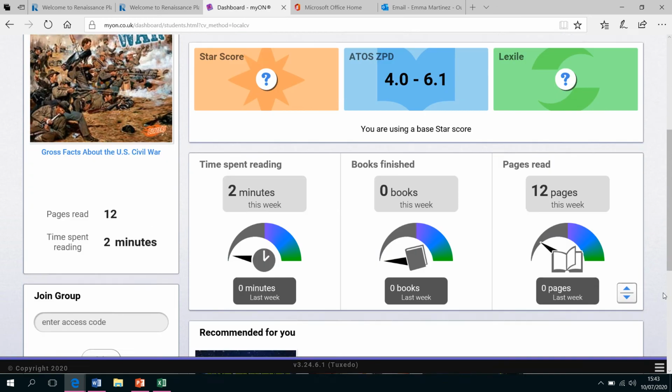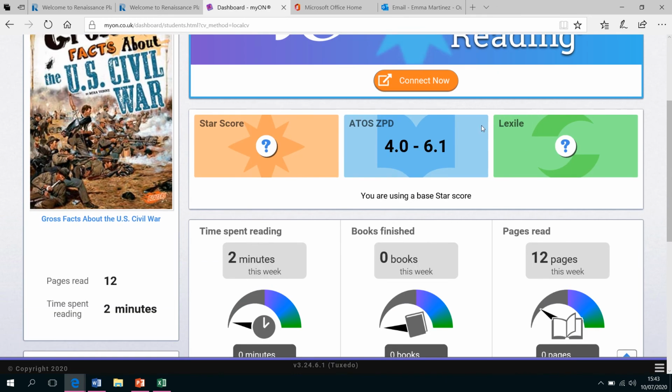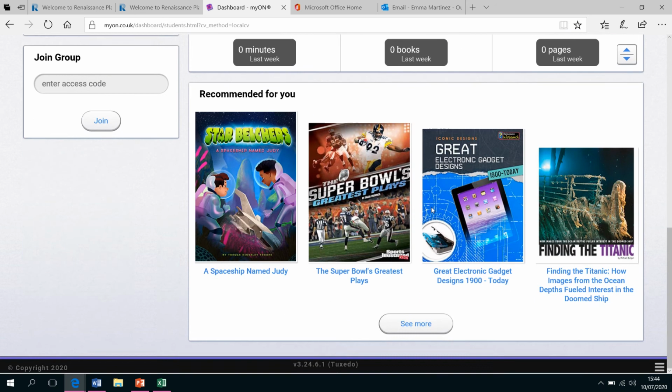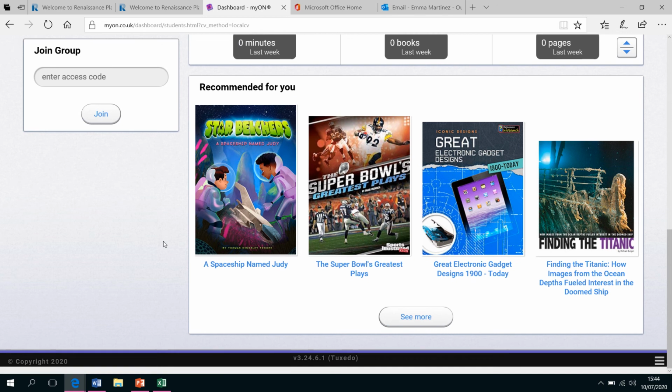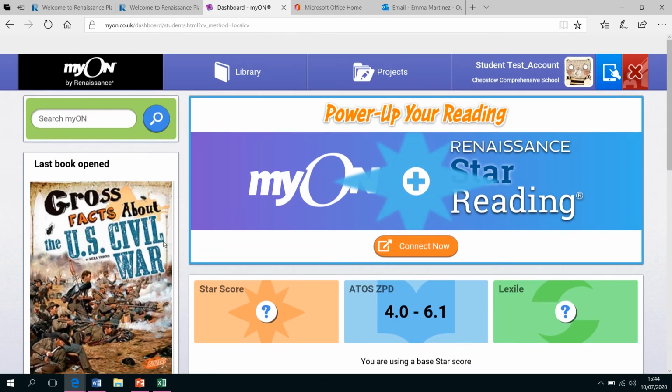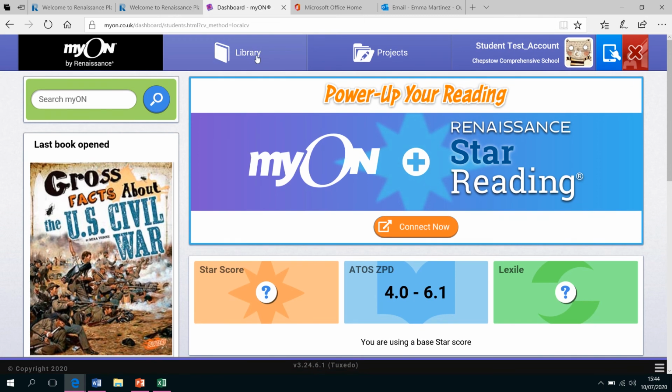I do not want you worrying about anything up here because we'll go through this when you're back in school in September. However, this bit is interesting. This bit shows you how many minutes you've read this week, how many pages you've read, how many books you've finished, and then you've got recommended reads for you based on your interests that you logged when you first logged in. I would like you to go to Library,